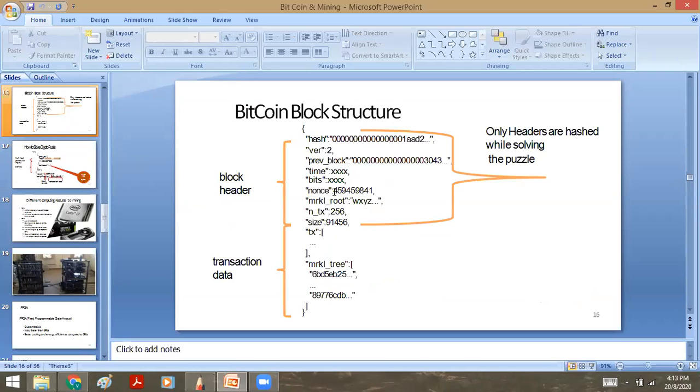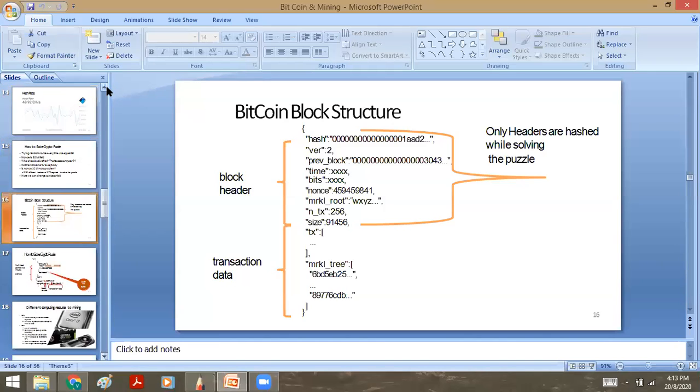Like you are seeing the nonce, based on the nonce the difficulty is decided. Based on difficulty, the time to solve the puzzle is decided. But the protocol will make sure to adjust the puzzle in such a way that at least one node will be able to solve the puzzle in a 10 minute time slot. So that is how the puzzle works.